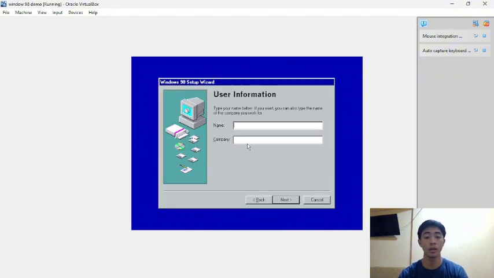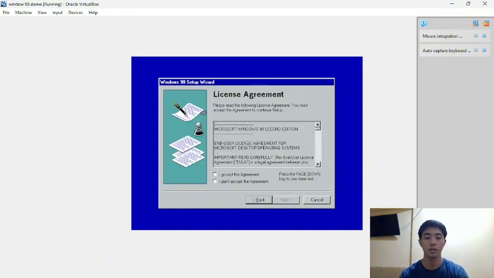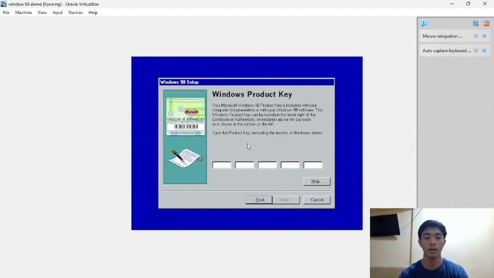store the user information. And the user information is end user. And also the company is end user. Next. I accept the agreement. Here we will input the Windows product key.